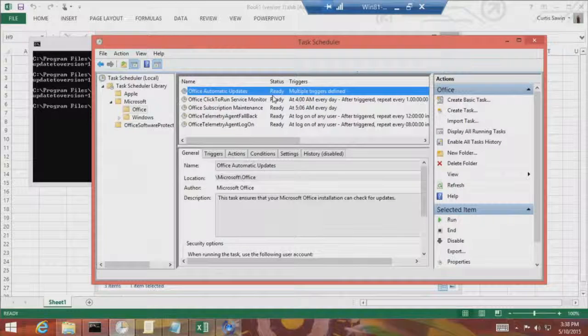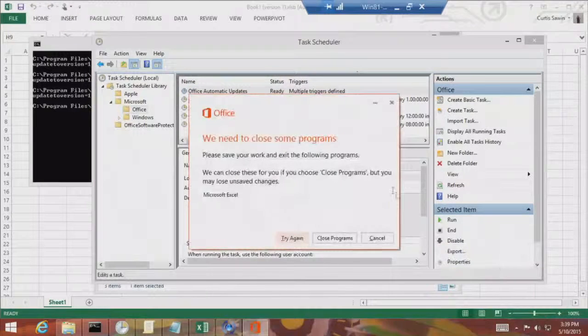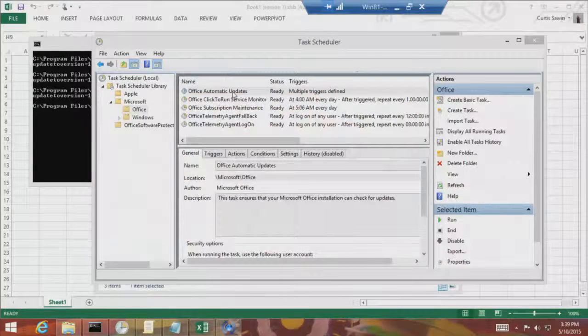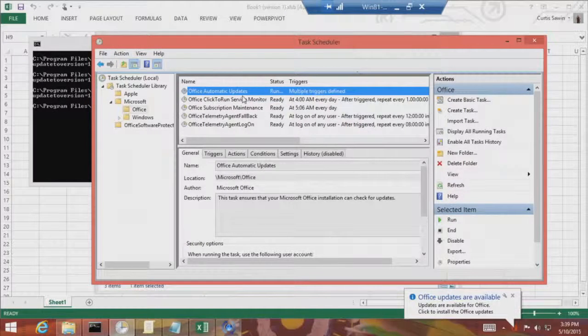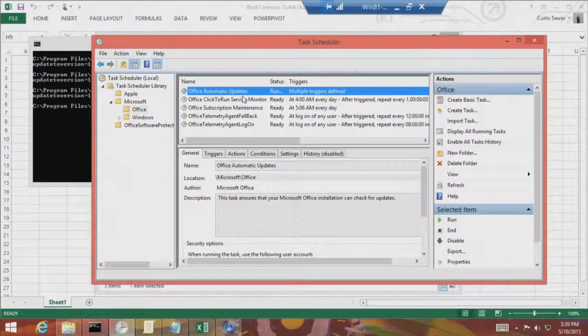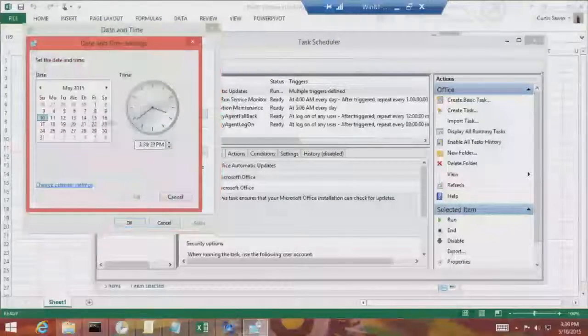Did it pop up? What happened? Oh, because it's already back here. Sorry. I've already interacted with it, so there it is. Now I'm going to cancel it. So now if I run it again, it should come up. Very exciting. If after 6 days, the user decided to ignore it, they're going to get the business bar in, say, Word or Excel. So if I forward my clocks to 6 days in the future,